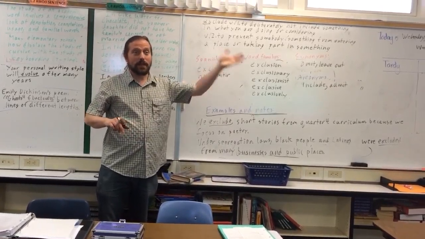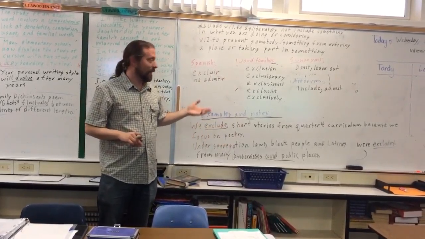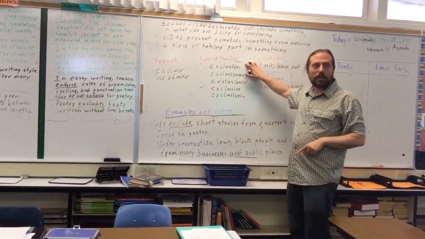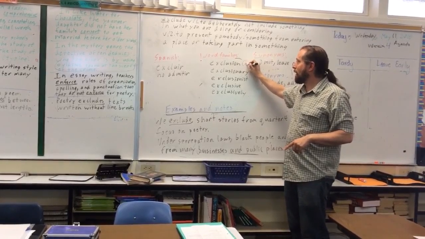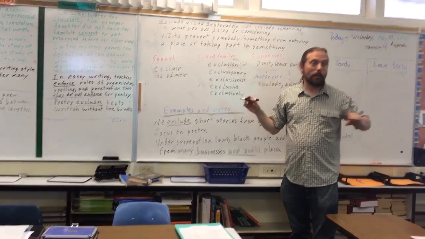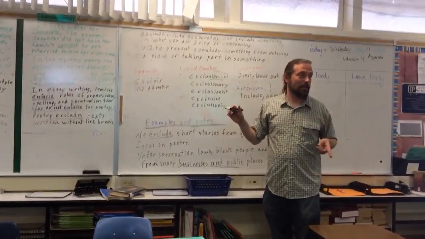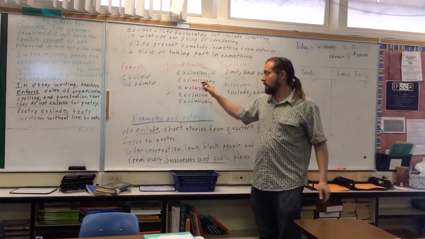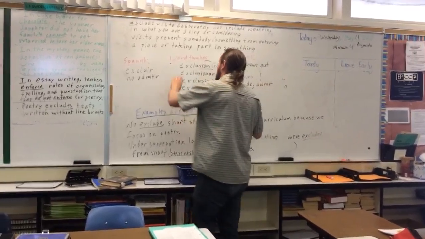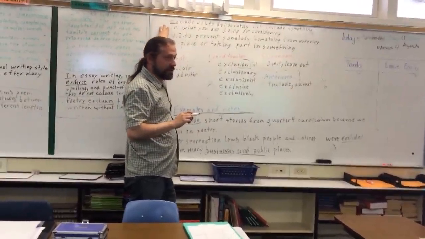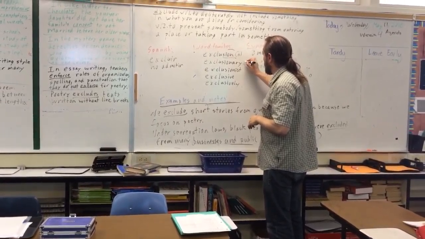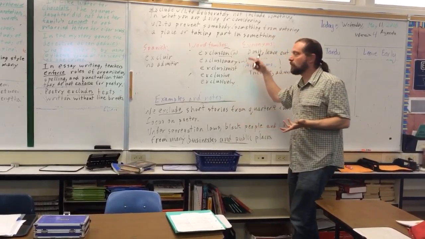You can also say poetry has figurative language and creative use of language and things like that. Word families for exclude. Exclusion, you know what part of speech that would be? Noun, right. Remember, T-I-O-N and S-I-O-N can be verbs in Spanish. Are they verbs in English? Never. Only nouns. That's a difference from Spanish. Anytime you see that, it's always a noun, not a verb. Exclusion is the process of excluding somebody or something. Exclusionary is an adjective. It could describe a policy, like segregation was an exclusionary policy